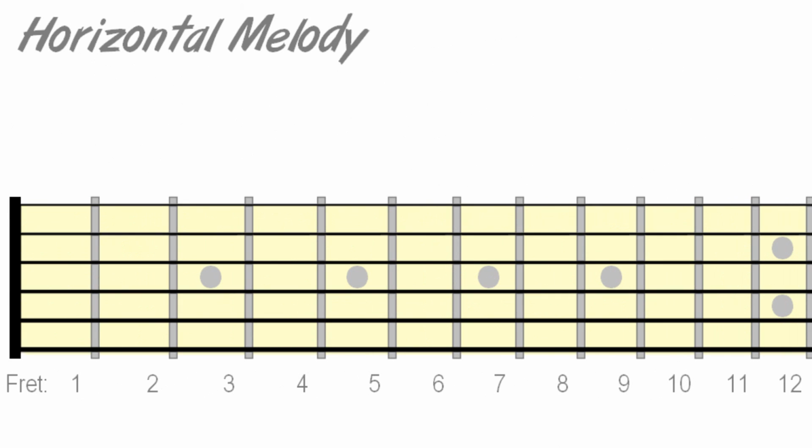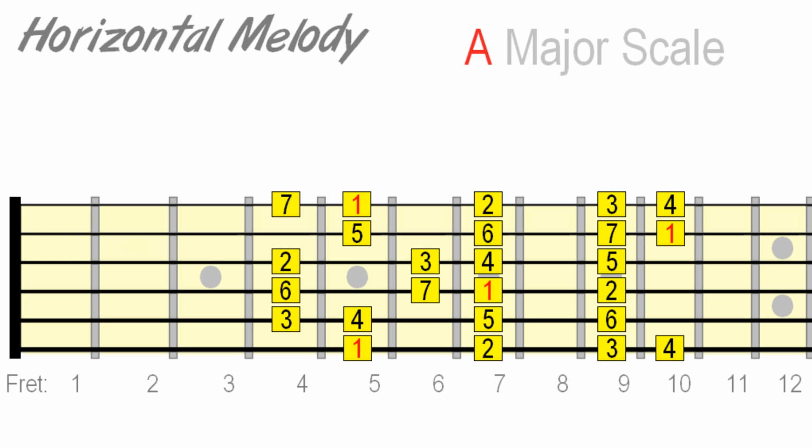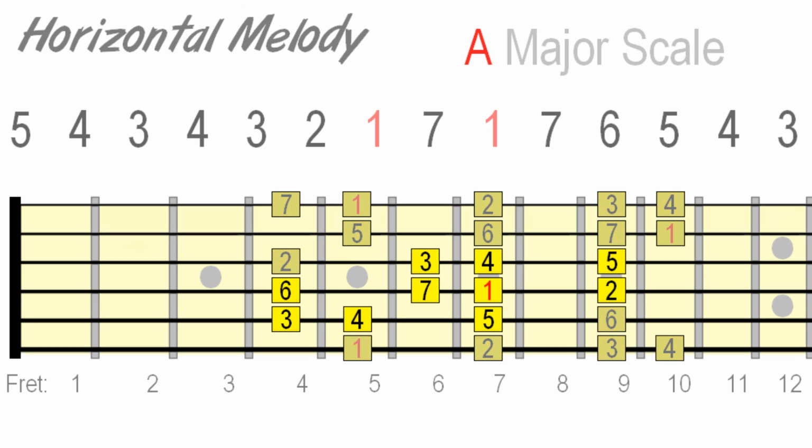Pretty much every melody you'll hear, whether vocal or instrumental, is constructed using a combination of what we might call horizontal and vertical movement. Horizontal melody refers to the linear, often consecutive movement along a scale's tones. For example,